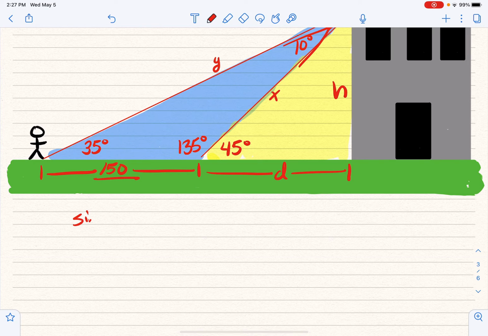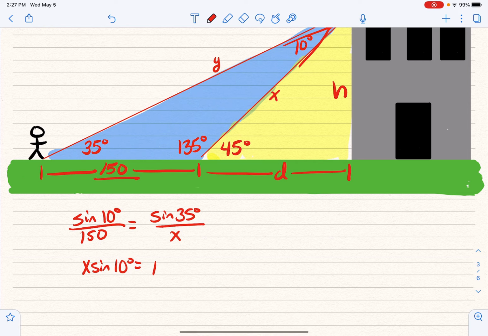Here's what I'm looking at. I'm going to start by saying, well, I know the sine of 10 degrees is to 150 in the same way that opposite of X would be sine of 35 degrees is to X. Cross multiply, you get X times the sine of 10 is equal to 150 times the sine of 35. Divide both sides by the sine of 10. These cancel out. You get X is about